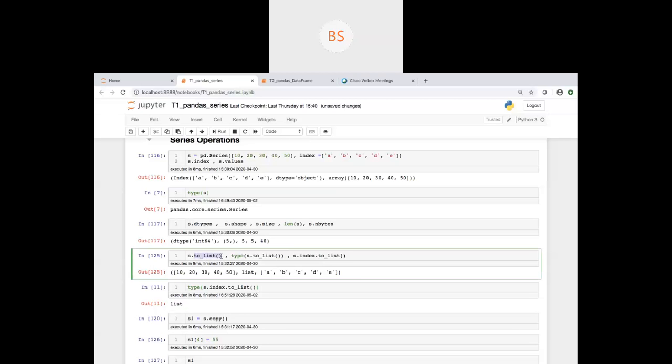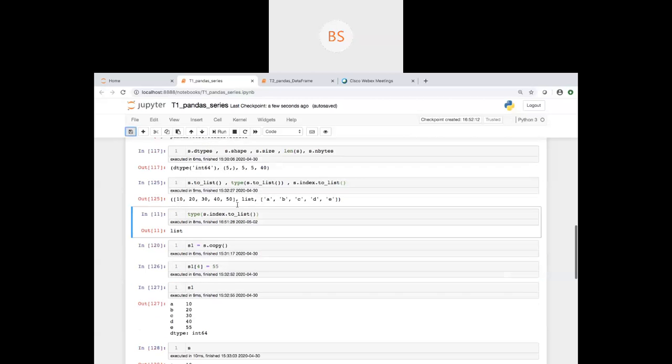Sometimes avoid using to_list. In Python, this is a very computationally expensive thing. So it's better you work on the underlying data structure only, but if your logic says that no, I have to convert to list only, then only I'll be able to use it, then you do it. But avoid making lists in Python and pandas. This is just to show the functionality of how it works.